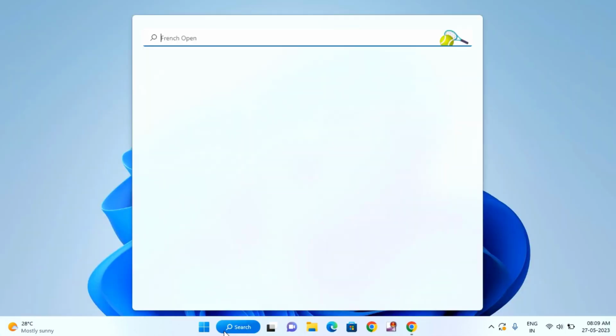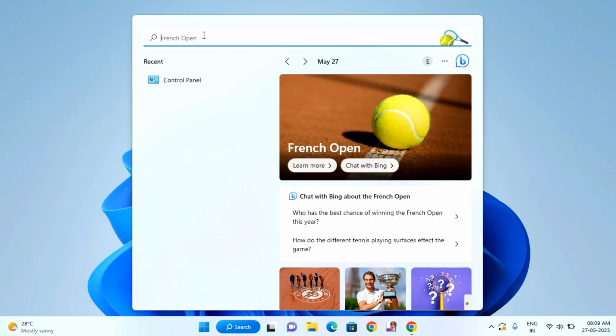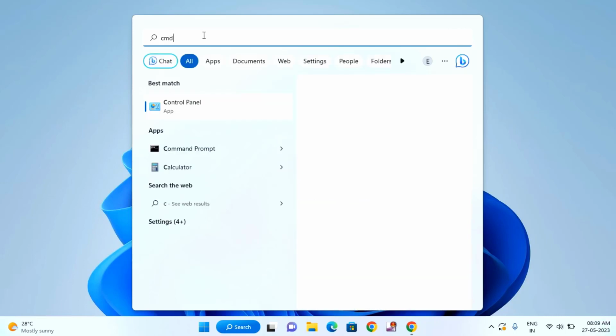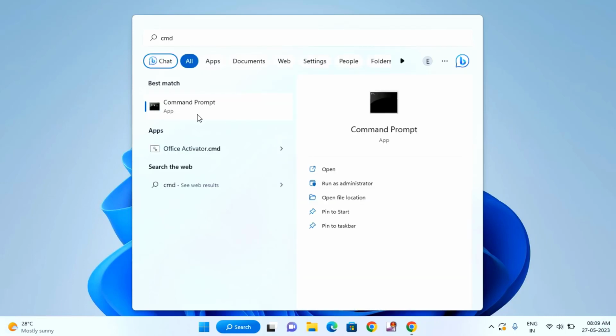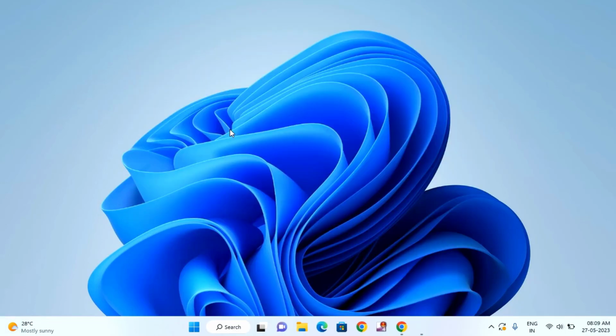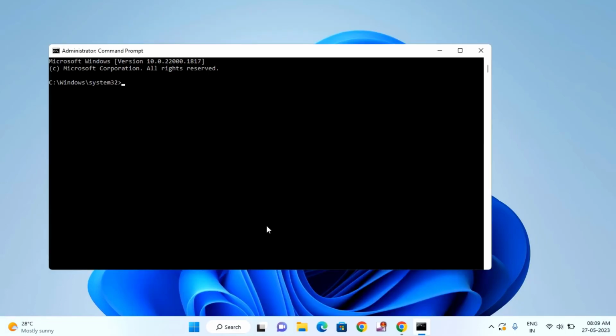Click on this search option, then type here CMD. Right click on command prompt, click on run as administrator. Click on yes. Here you need to type ipconfig space /flushdns. And hit enter. After that you need to type second command,